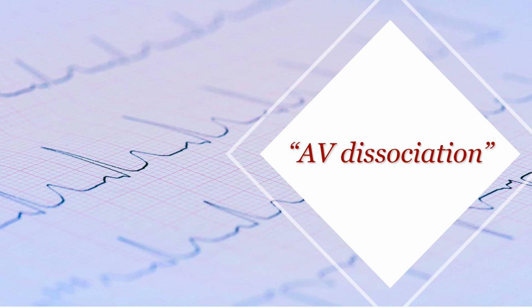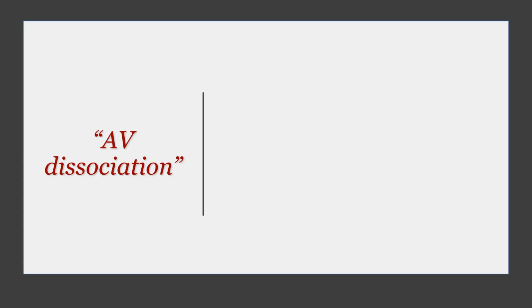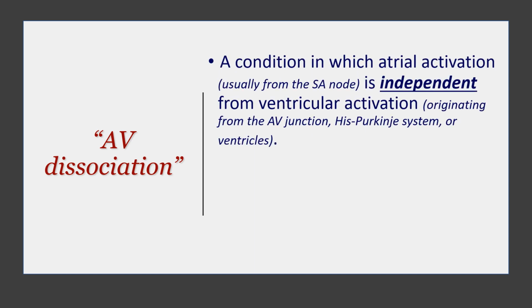How about AV dissociation? That is another topic that we need to cover here. What is AV dissociation is the first question. AV dissociation is a condition in which the atrial activation, usually coming from the SA node, happens independently from the ventricular activation. So you will have two firing foci that are firing at the same time